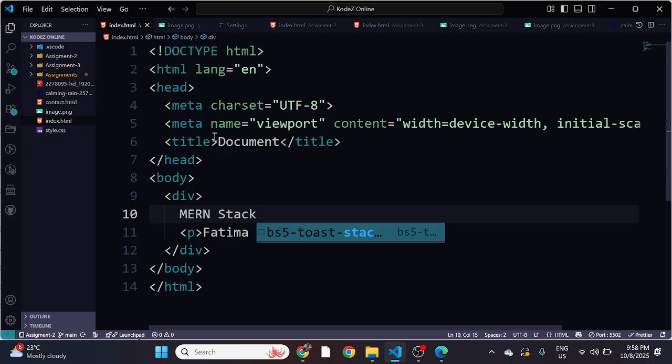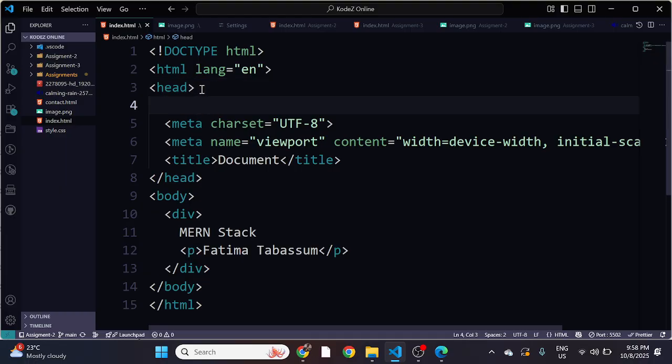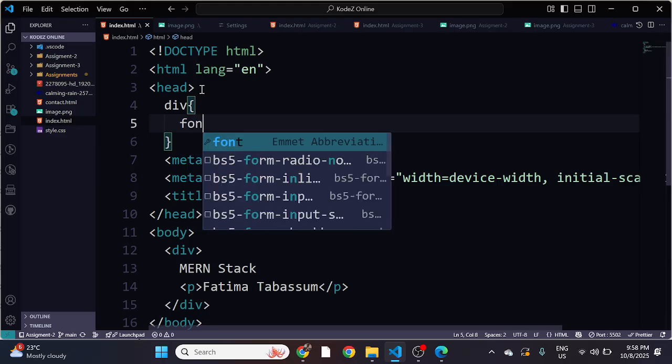We already use the pixel unit a lot of the time, so I will skip this. So we are discussing this em unit. What the em unit does, as I told you, is depend on its parent's font size. So first of all, I am targeting this div using its tag name. Here I am giving the font size as